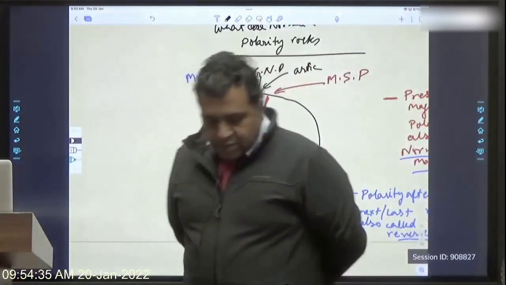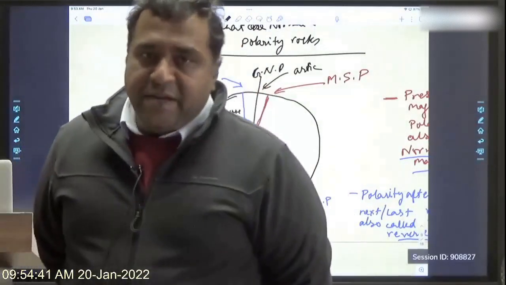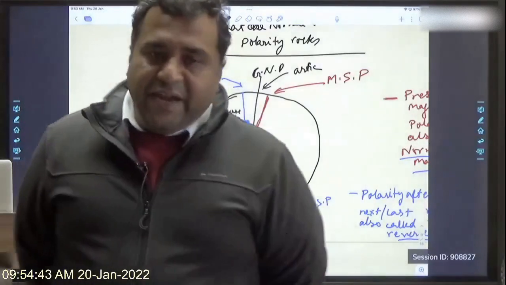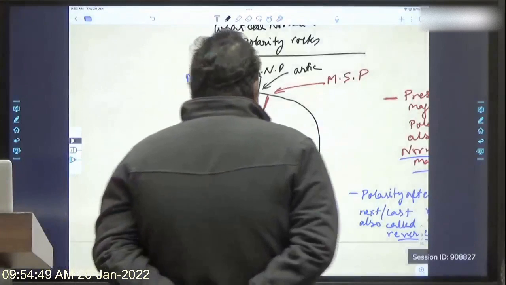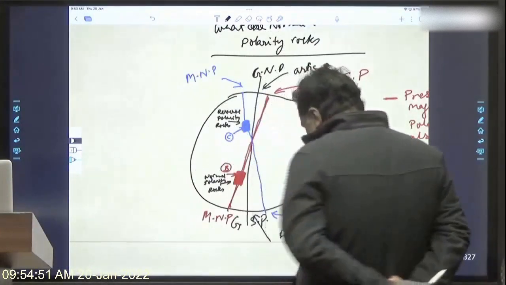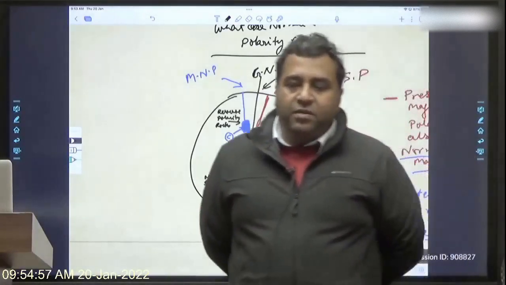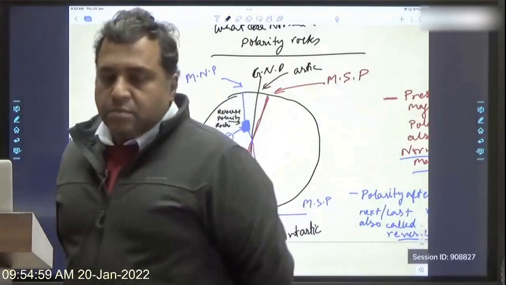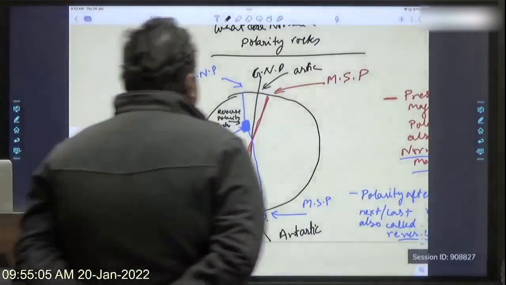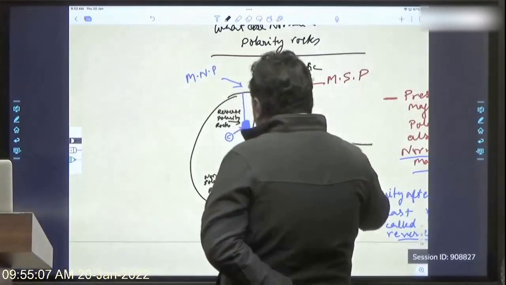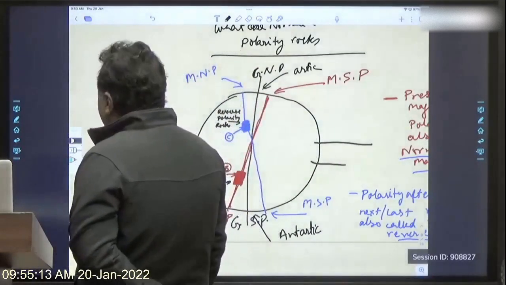Hence, the magnetic rocks which come out during different polarity periods